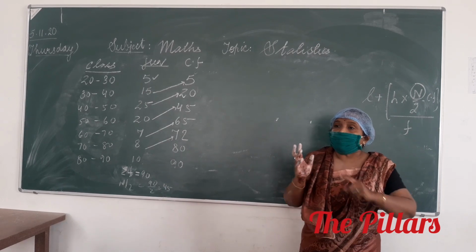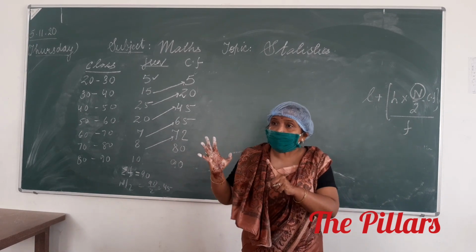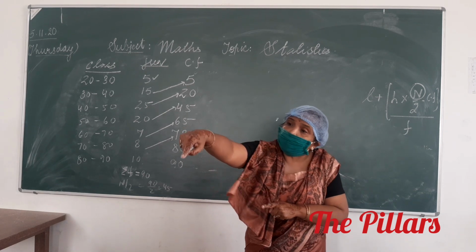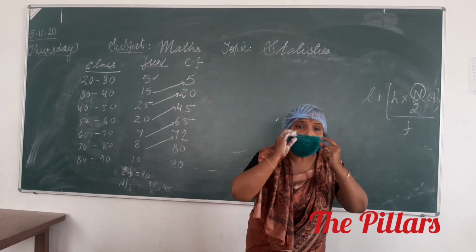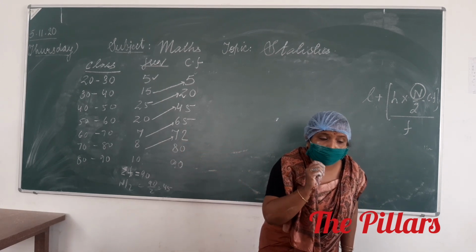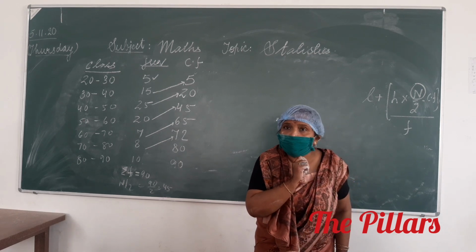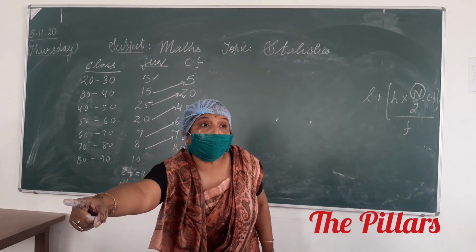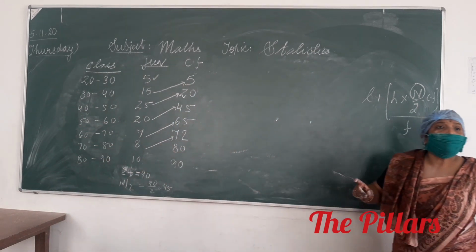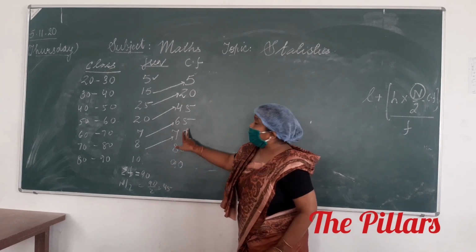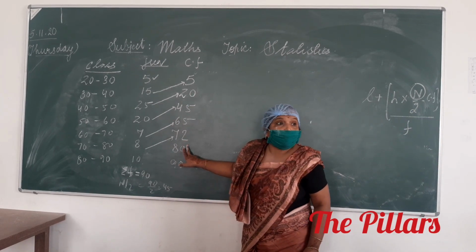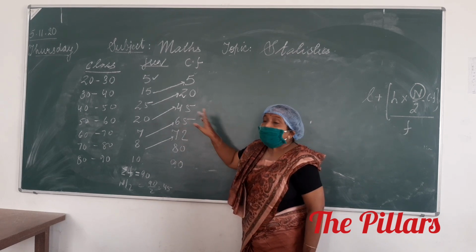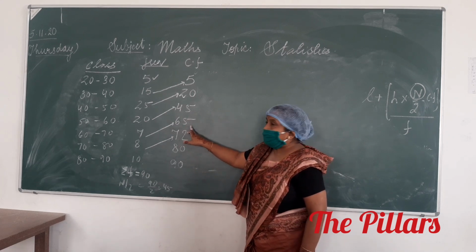Okay? So we are supposed to find the median class. For the median class, we have seen what is n by 2? 45. Which one will be your median class? What did I say? More than n by 2. That means you have to see under which column? Cumulative frequency more than 45. Which one is more than 45? More than 45 is 55.